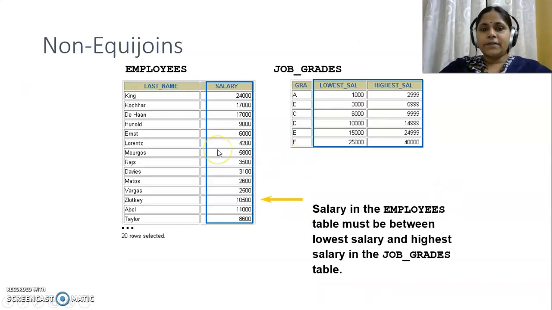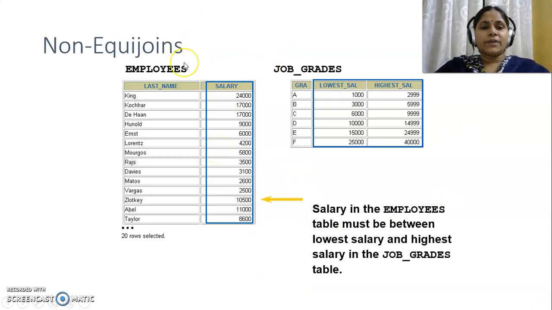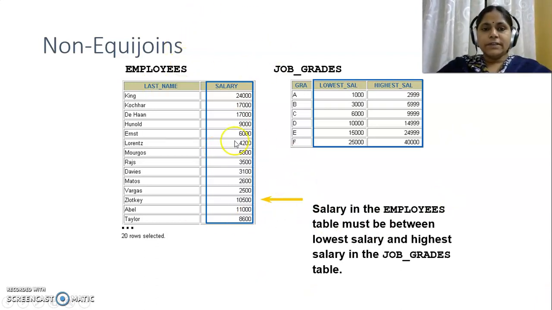The second variety of joins is non-equi-join. In this example, we can see the employees table and the job grades table. There is no common attribute in these two tables like we have in the equi-join.